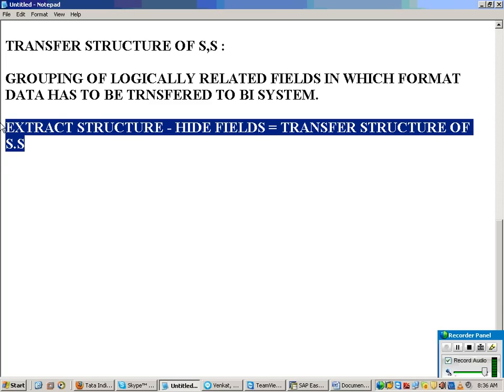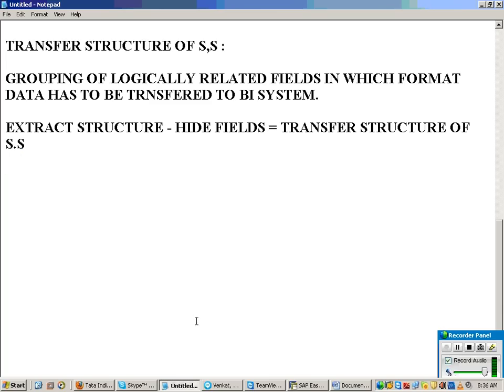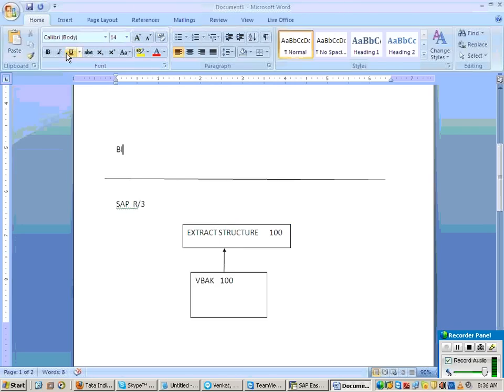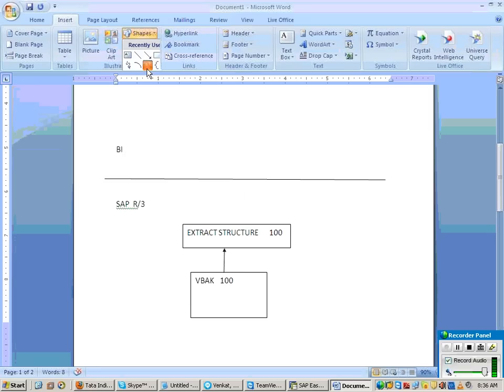Right? So once your extract structure is ready, I'll select the hide option for the 10 fields which I don't want. After selecting hide for those 10 fields, we start replicating this particular data source into your BI system.